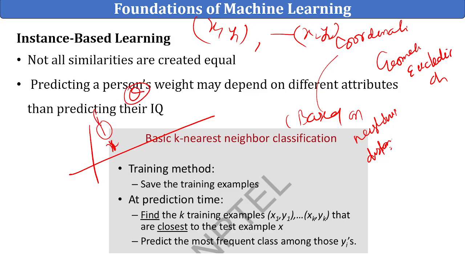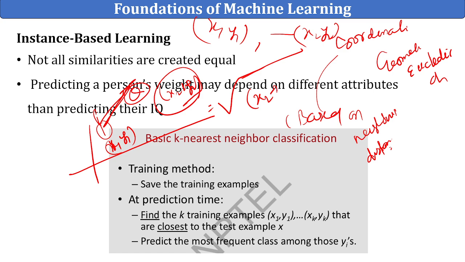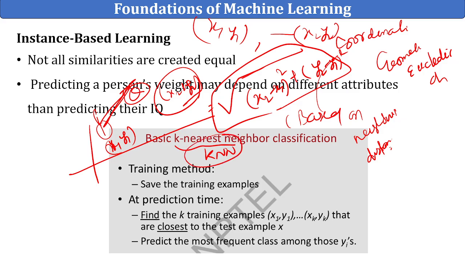We have the x1 here, y1 here, and x2 here, y2 here. So we can get the distance between the two points by using the Euclidean distance. It's called the square root of x2 minus x1 whole square plus y2 minus y1 whole square. So the whole KNN is based upon the Euclidean distance. Okay, so in that case, now they're going to do the classification,